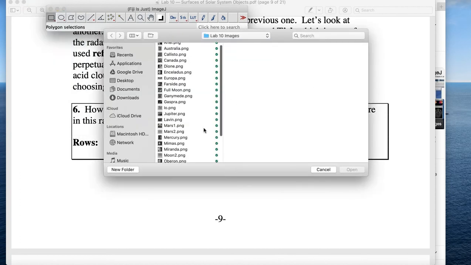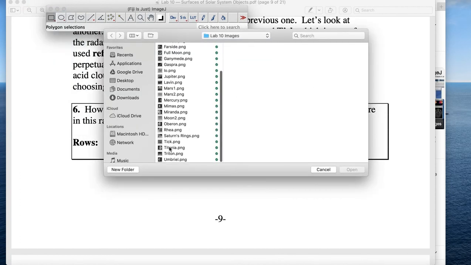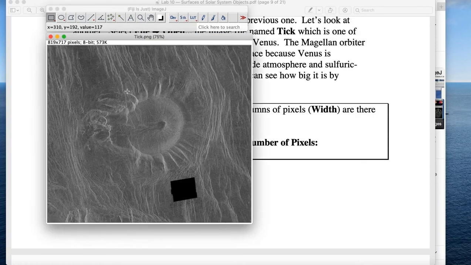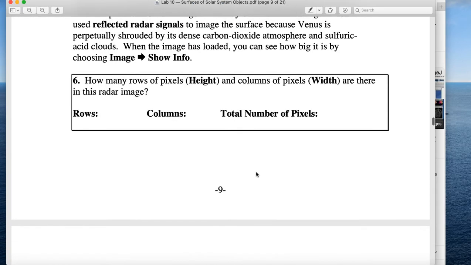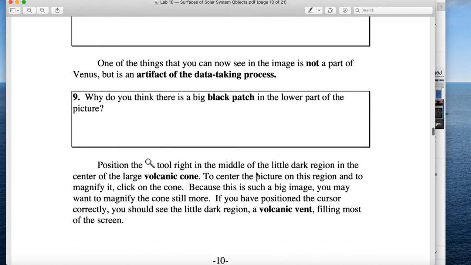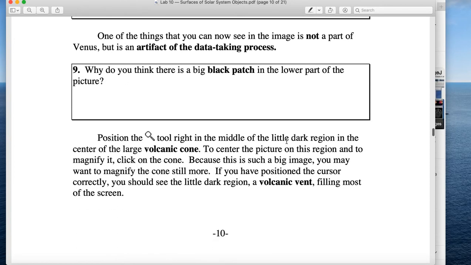And this time we're going to choose Tick. Tick is named based on the fact that this crater looks like a tick. See all the little legs of the tick and kind of the body of it, right? The little blood-sucking critters, ticks. So we're going to talk about what it looks like,